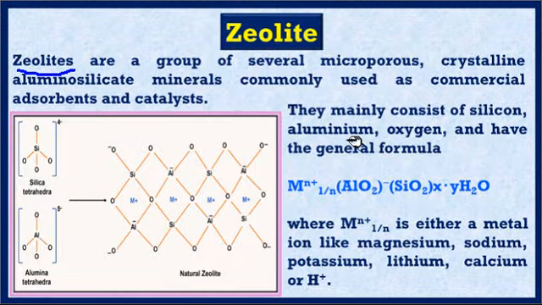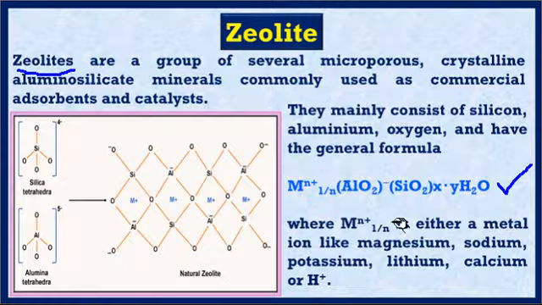They mainly consist of silicon, aluminium, and oxygen, and have the general formula M n plus 1 by n AlO2 SiO2 X dot YH2O. This is the general formula of the zeolite category of minerals,